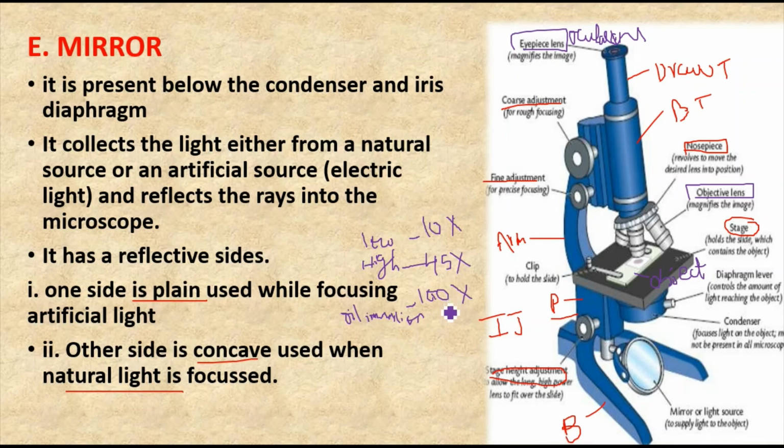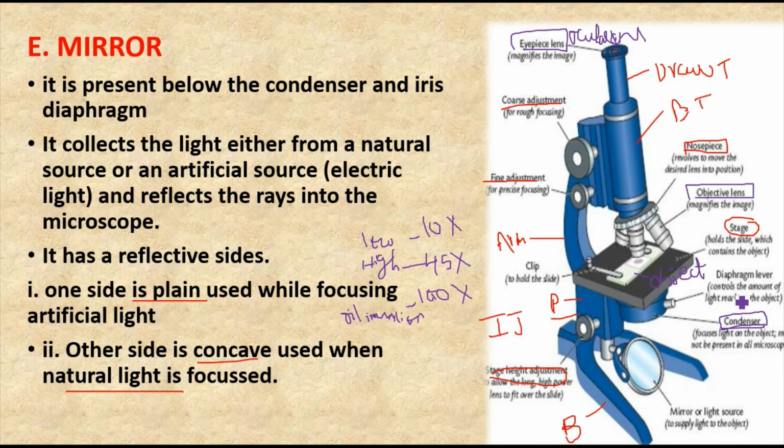Okay, so that's how you are going to have the objectives. And the main function of these objective lenses is to magnify the image and make the light flow through the objective lens and see the image very clearly. Then coming to the condenser, so here you can see this is the condenser. The main function of the condenser is to condense the light rays and make them fall only on the object that is present on the slide. So it will make all the light rays come and fall on the object.